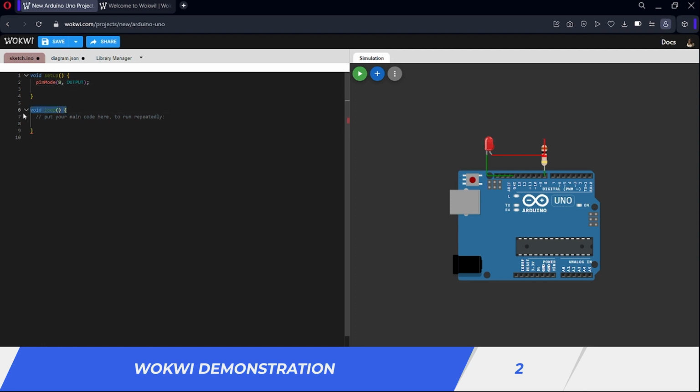Next, void loop. This is another special function in Arduino sketches. It runs continuously after the setup function completes. In this function, the code inside the curly braces is executed repeatedly in a loop. So here, we just type